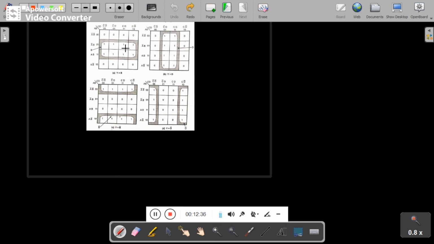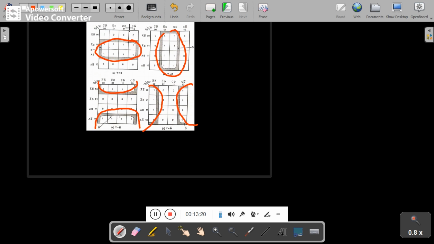So students, in this K-map you can see how you can group 8 ones. Suppose 8 ones are like this. Then you can group 8 ones. Don't go for a grouping of 4 ones because you can make a group of 8 ones. If 8 ones are like this, you can make a group of 8 ones. Or if 8 ones are like this also, these are adjacent ones. Don't go for grouping of 4 ones. You can make a group of 8 ones. Or if 8 ones are like this, you can make a group of 8 ones. So when you make a group of 8 ones, then in the first case, you have to see here horizontally and vertically.